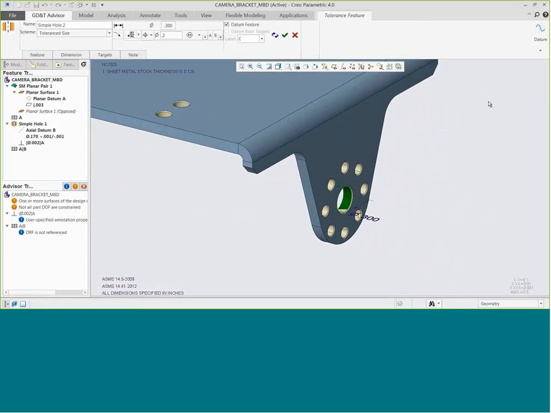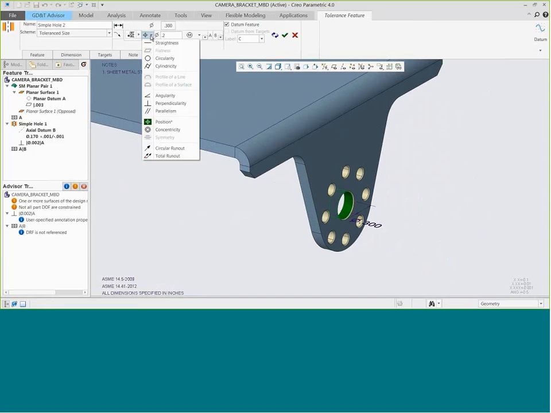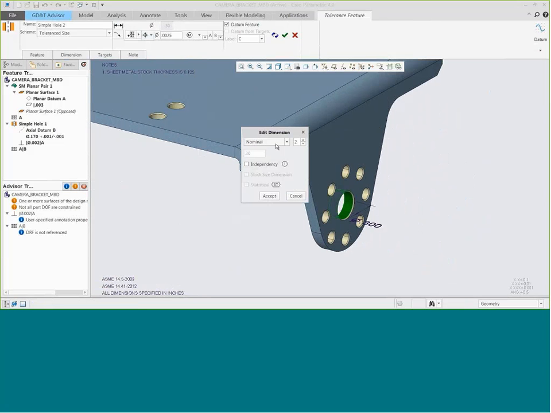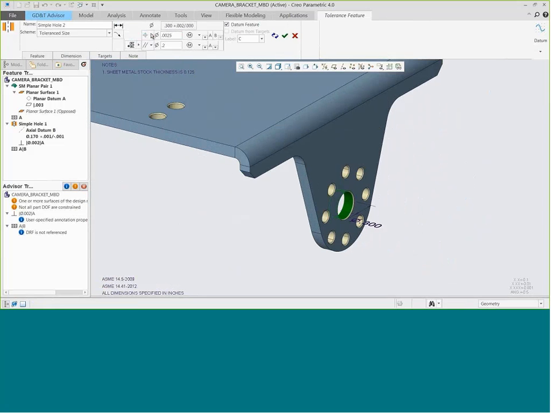So now what I can do is place an additional tolerance on this now, and I'm going to say that I want my hole that's coming out to the side to be parallel with that flat top face. So again, let's put on the tolerances. We put on a tolerance for the size of the hole, and in addition to that, we then have a tolerance with respect to that flat surface. So there are a couple of tolerances involved here, and you can see what I'm tolerancing with respect to. I'm tolerancing with respect to the top face, A, and that's going to be parallel. So we want the hole to be parallel to that top face